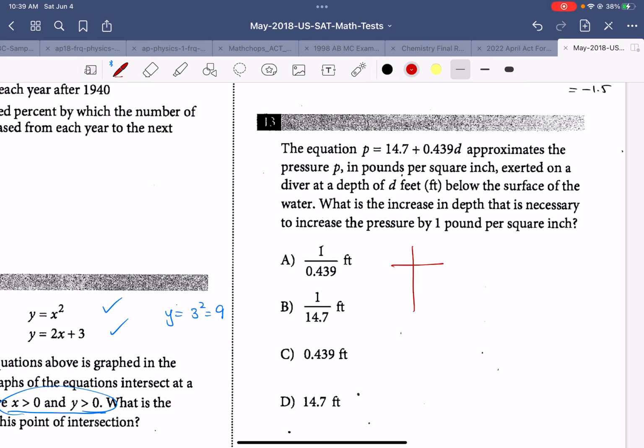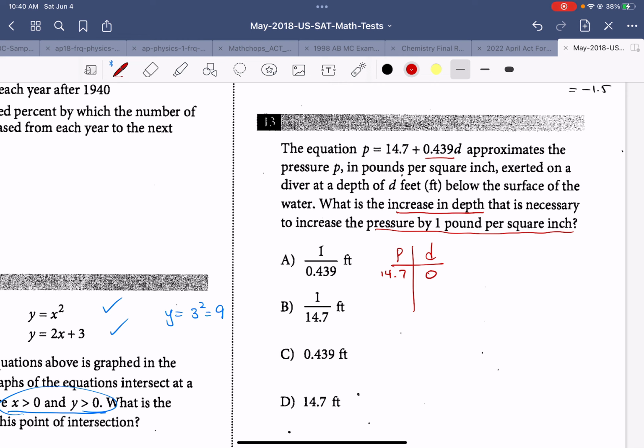That's my initial value. Now, next one, increase p-value. P is, remember, pressure. 1 pound per square inch, you increase. So my next value, if you add 1, is 15.7. And then what is this value? So I'm going to put that value into the equation. So 15.7 equals 14.7 plus